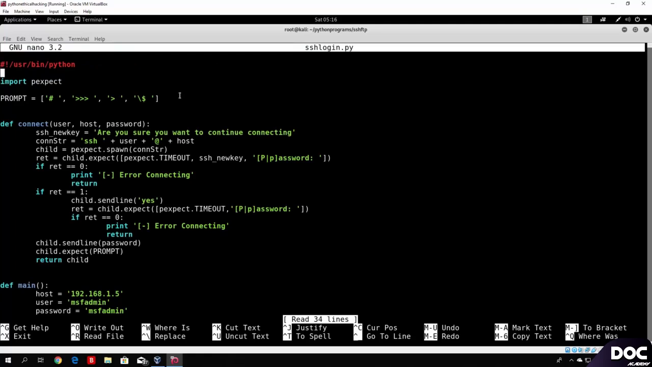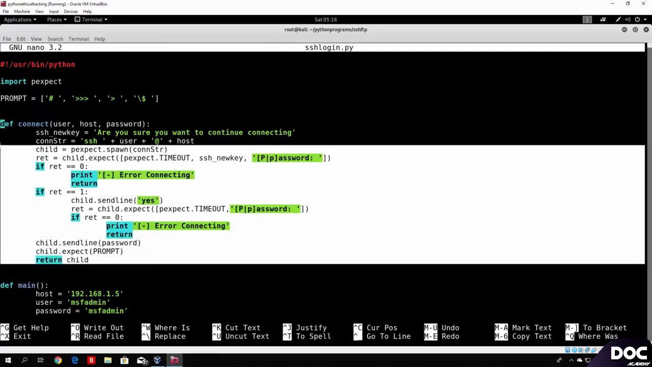So let us navigate to our Python programs, SSH FTP. There I have my ssh_login.py. Now let me just zoom this in so you can see everything better. Okay, let's nano ssh_login.py. Since in the previous video we coded the connect function, which should successfully connect to the target,